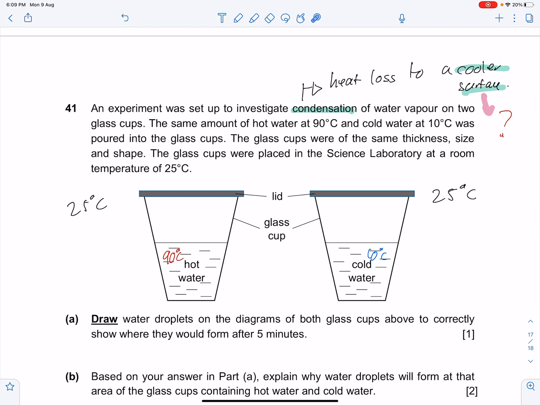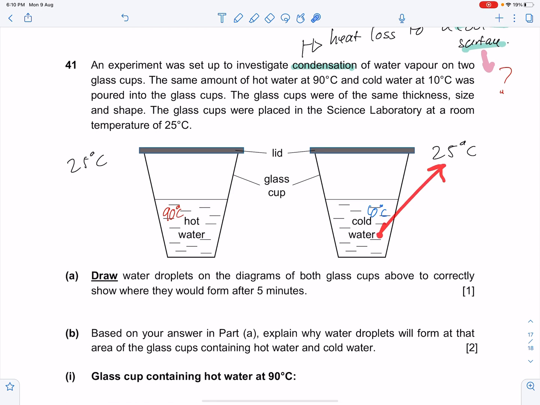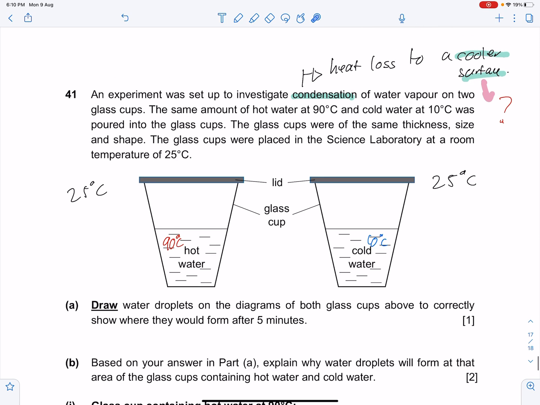So I know that there is water vapor in the air, and I also know that there's water vapor inside, but probably not a lot inside, because the rate of evaporation will be very slow due to the low temperature. And besides that, let's take a look at the comparison of temperatures. So I know that there must be some form of heat loss. So remember, heat always travels from a region of higher temperature to a region of lower temperature. So when you compare the outside environment to the inside of your cold water, you would notice that,